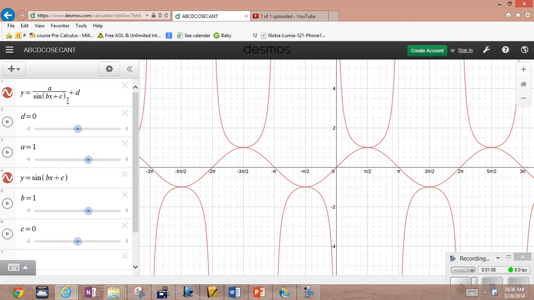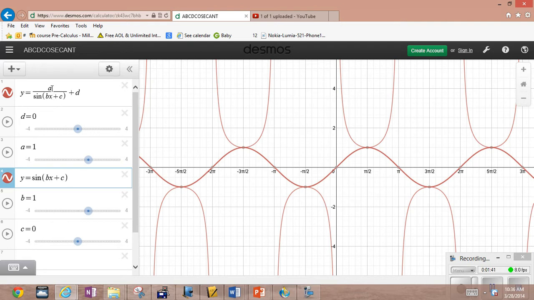Okay, so if a cosecant or secant function involves the A, B, C, D values, you first have got to incorporate the B and C into the sine function. That would be the period alteration and the phase shift into the sine function, and then get the sine function backbone graph, and then go and construct the cosecant, and of course A would